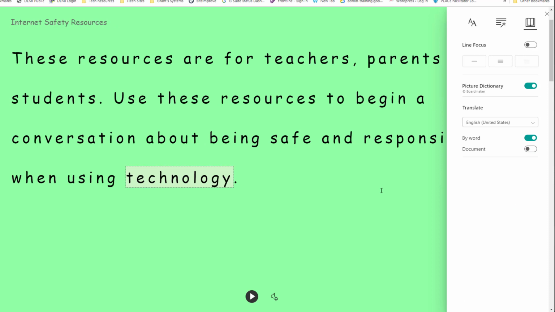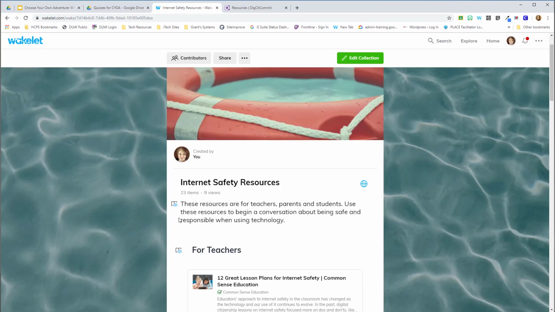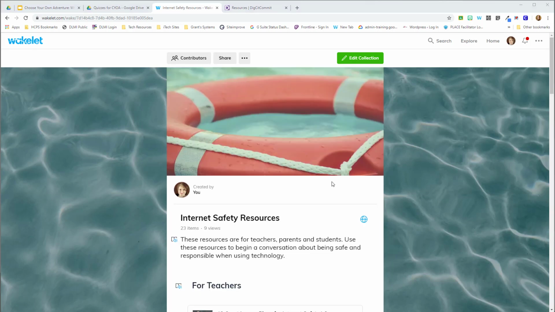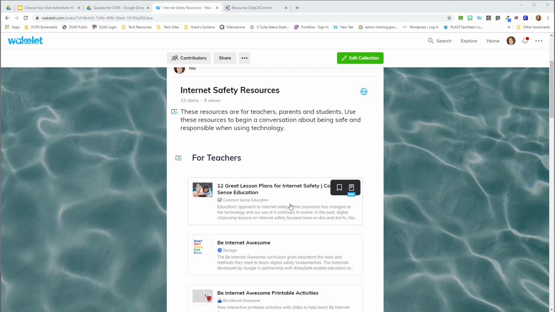Showing your students these tools is going to really help them when they come to your Wakelet collection. Those are available simply when there's text on the page. You'll see the little book with the speaker icon, and you click on that, and then they have all those resources. The other thing that's available in a Wakelet collection is the ability to use a new tool